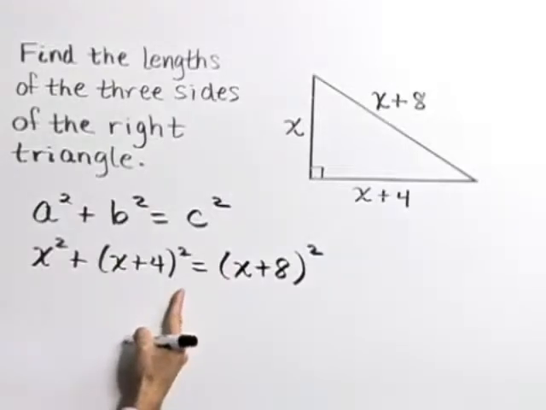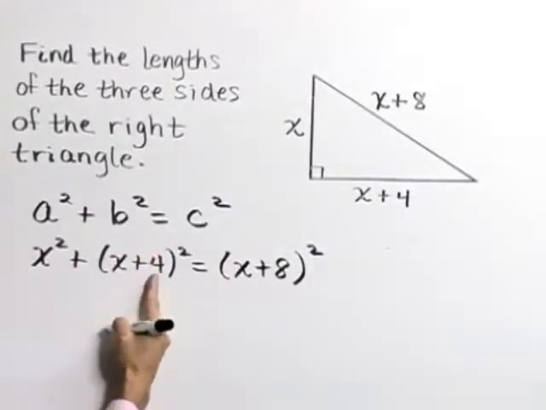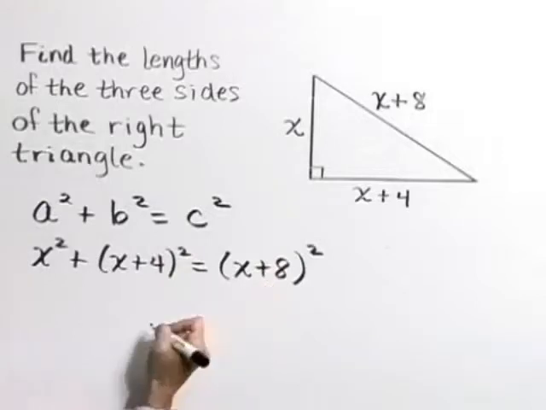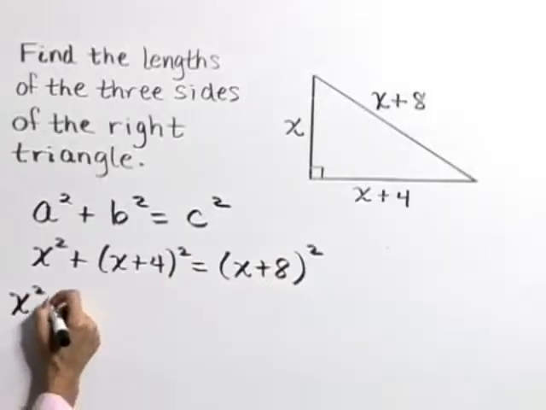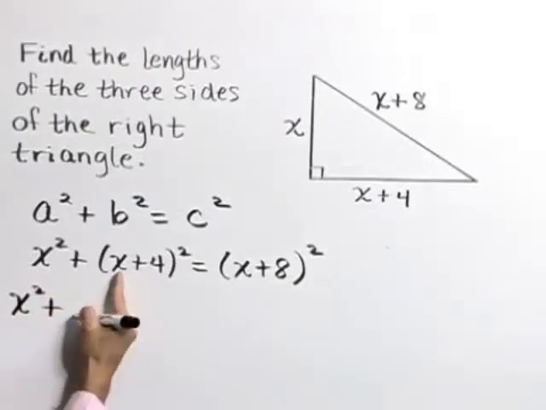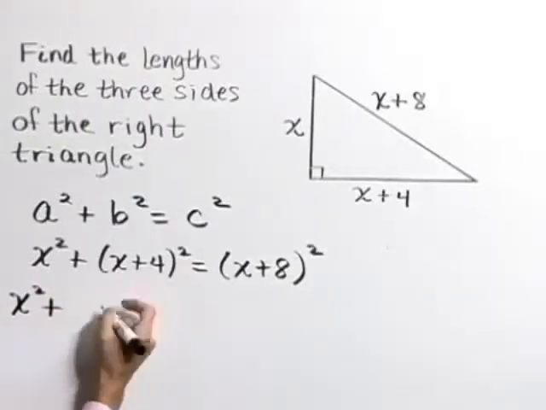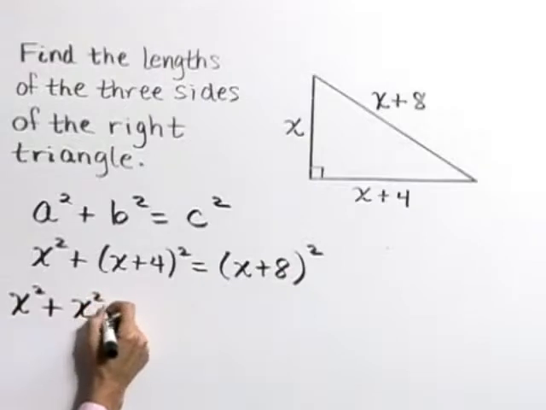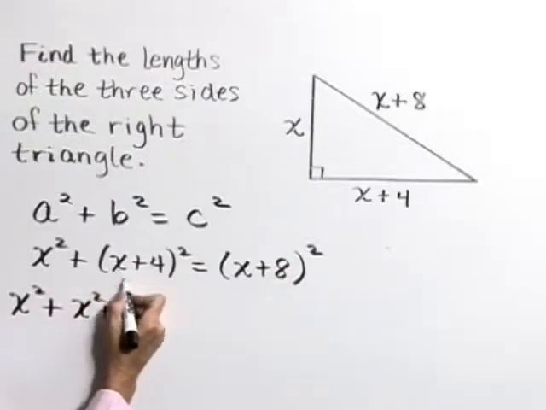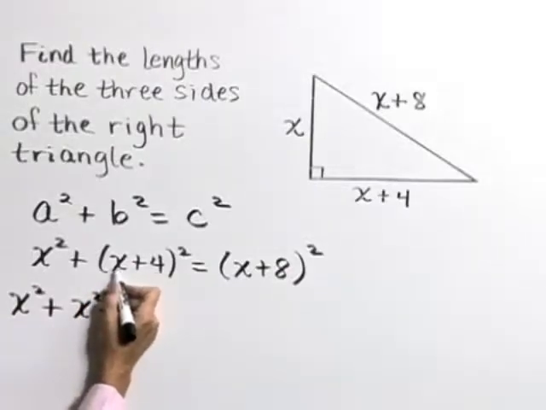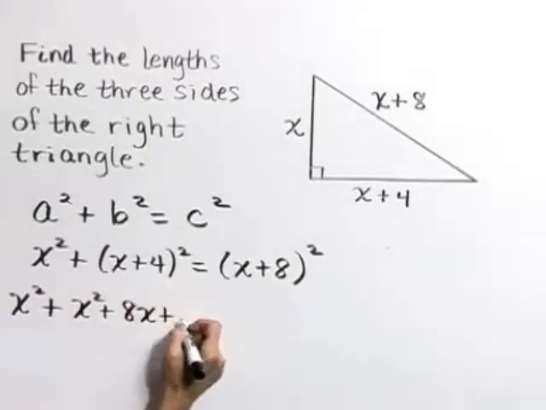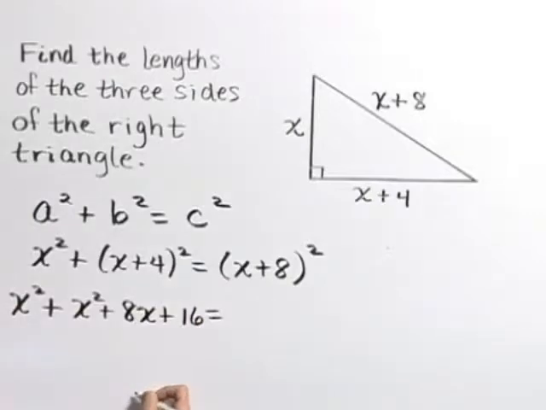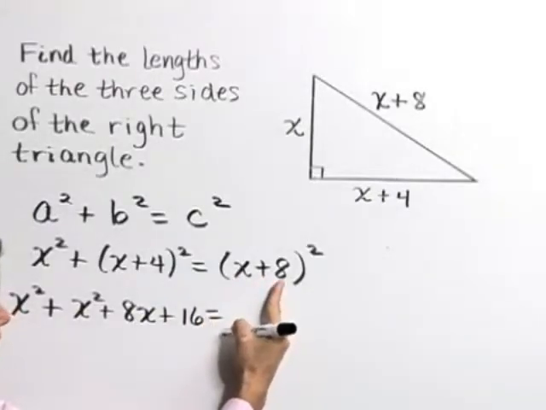Let's solve it. I'm going to go ahead and solve it by beginning to square each of these binomials. So as our next step, let's write x squared plus x plus 4 times x plus 4 is x squared, plus our inner and outer products are both 4x. 2 of those gives 8x, plus 4 times 4, or 16, is equal to